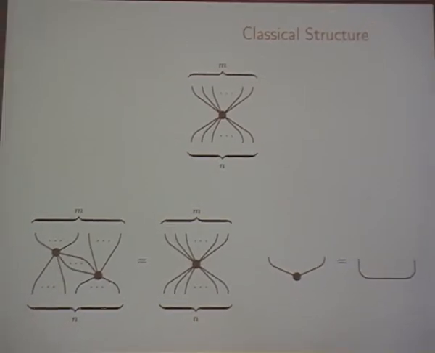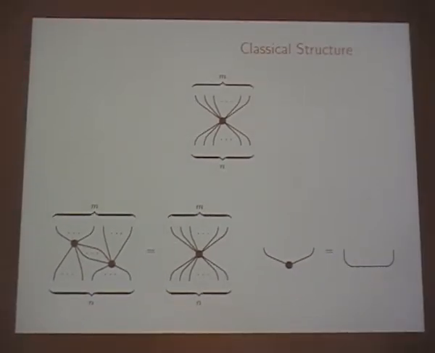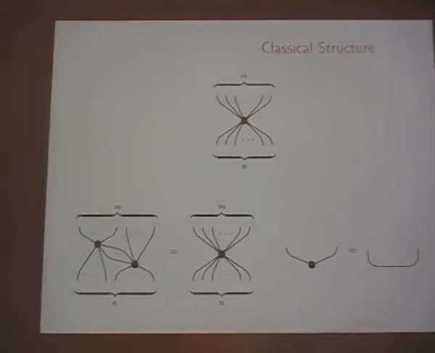Now the classical structures. So we say that we have a classical structure if we have a family of such morphisms with any number of inputs, any number of outputs, which satisfies the following composition rule. If you compose two of these morphisms like this, with some common inputs and outputs here, then, according to the spider theorem, you just count the number of inputs, count the number of outputs, and put the dot in the middle. Okay, so we have here a very simple composition rule. There is another rule which is missing, which is that if you have